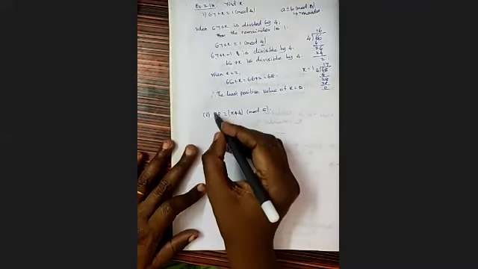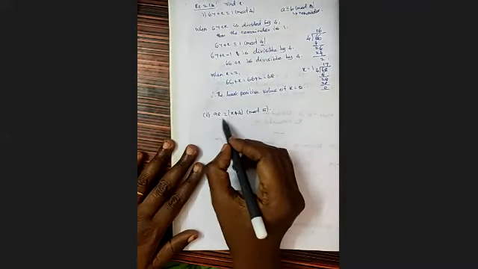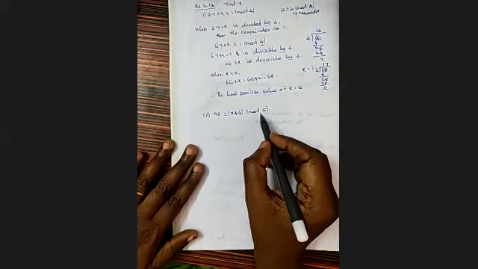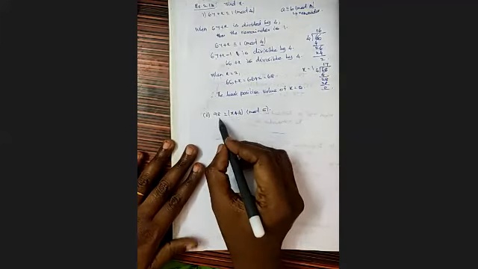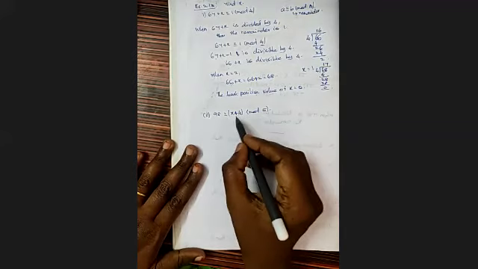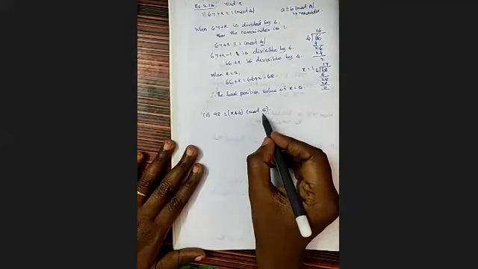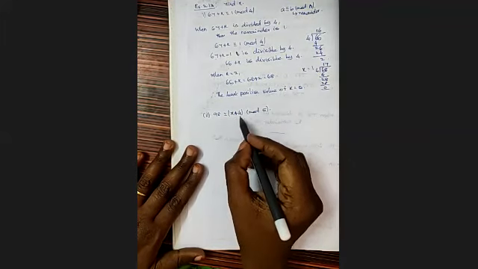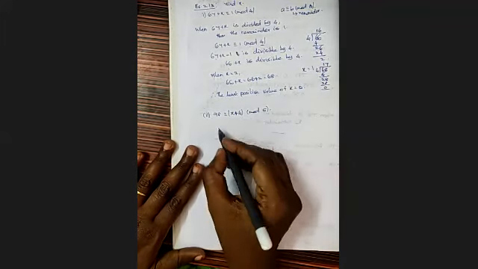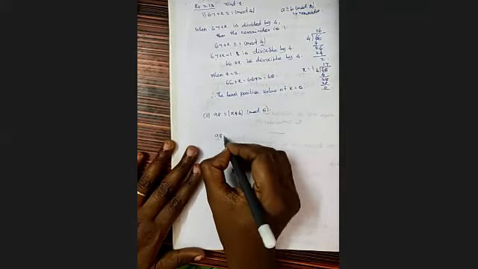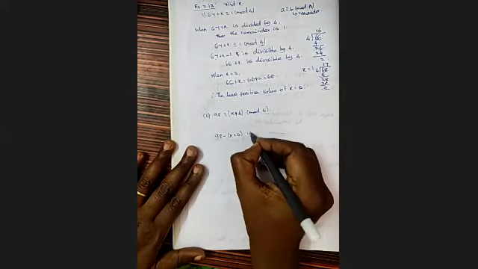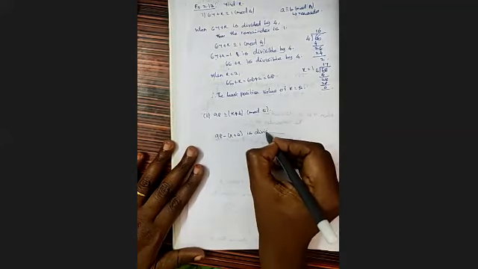So here it is given 98 congruent to x plus 4 modulo 5. That means when 98 is divided by 5, the remainder is x plus 4. So now bring this x plus 4 to this side. That is 98 minus (x plus 4), which is also divisible by 5.